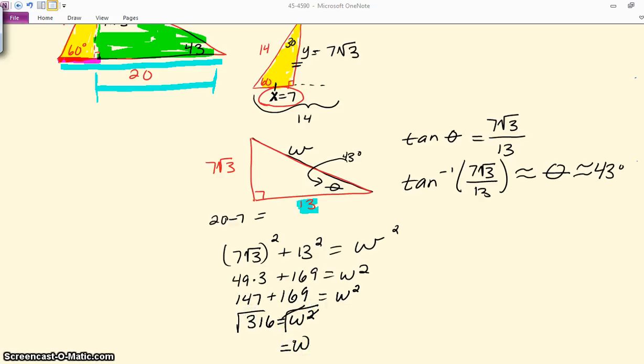The square root of 316 is approximately 17.78. So we have a value